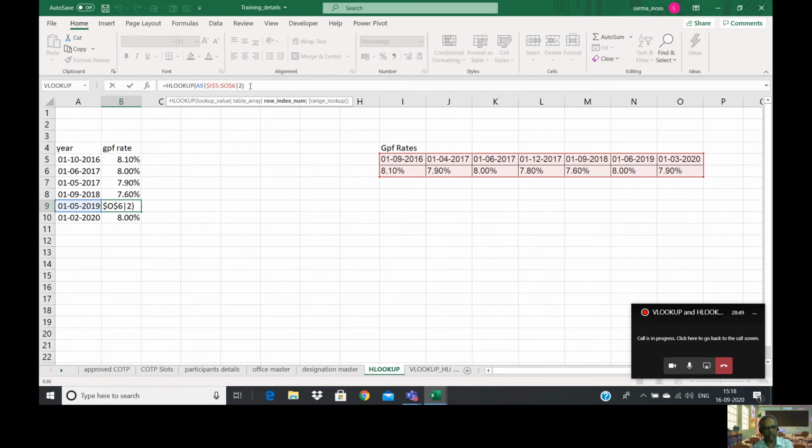Because here it is an approximate match, it is able to judge the dates, and accordingly it picked up the correct values for us, right? Suppose for dates and characters we want exact match, for the first row I want to give this false.